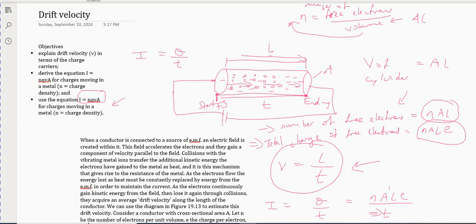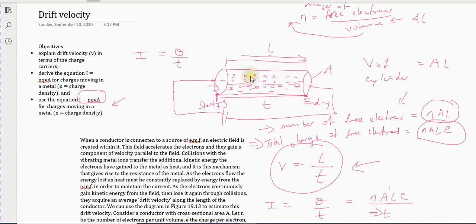So if we have a piece of conductor, right, we know that most conductors, if you were supposed to cut it in small pieces, you would get small chunks of a cylinder. Now, each cylinder has a cross-sectional area, which we can look at here, right? And that specific conductor will also have a length of L. We can call the cross-sectional area A, and